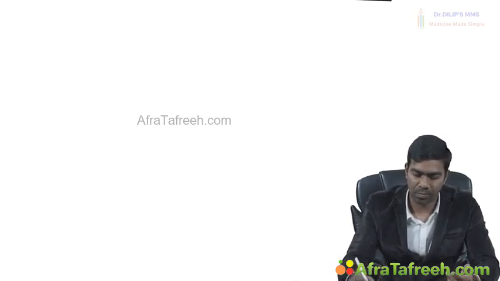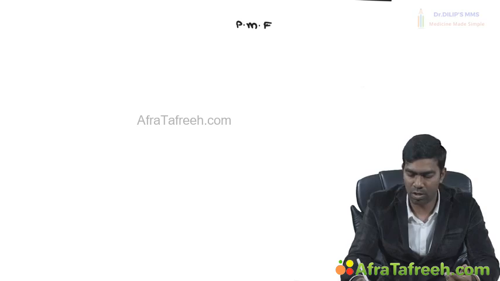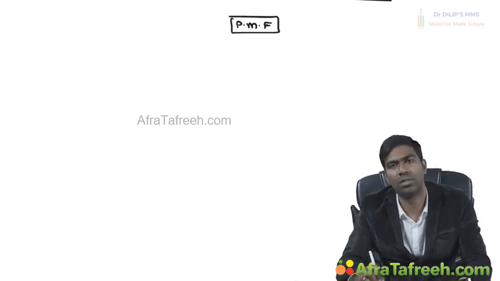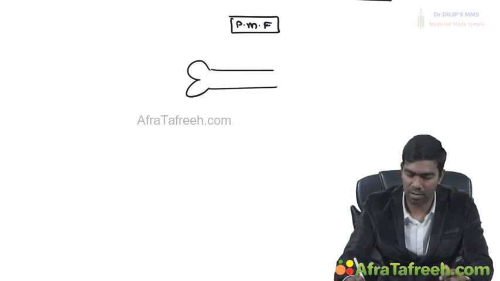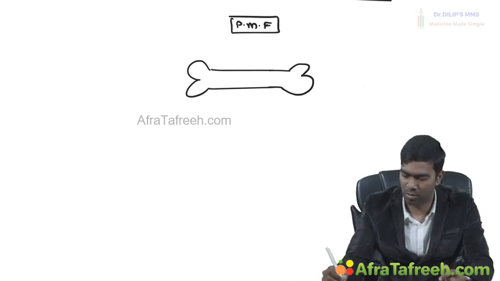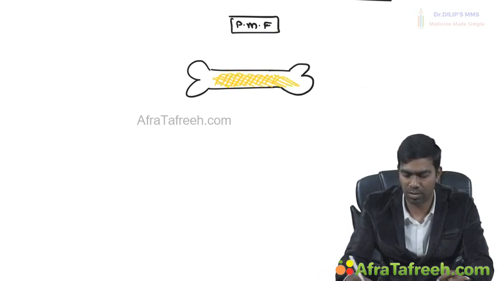And now we can see another important disorder called primary myelofibrosis. Let us see the pathophysiology of primary myelofibrosis. In primary myelofibrosis, you have fibrosis of the marrow, where the yellow means fibrosis here. So since there is a fibrosis of the marrow,